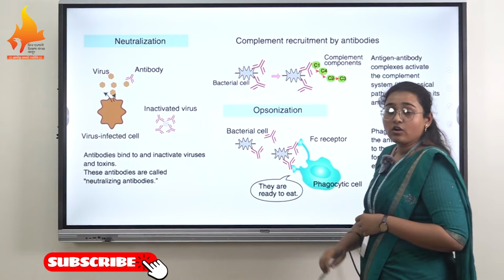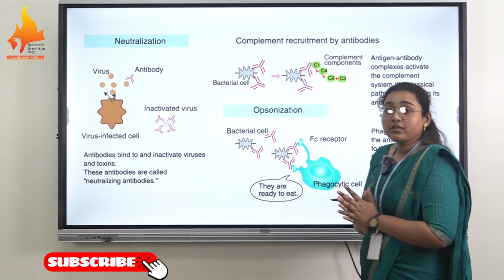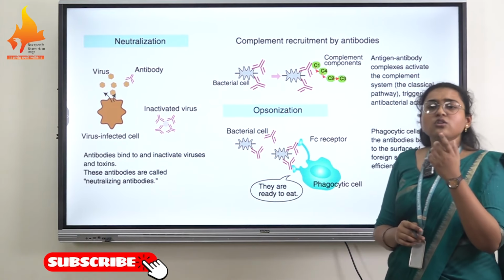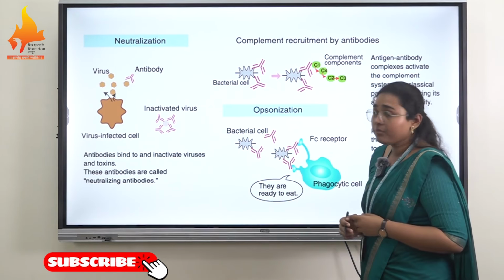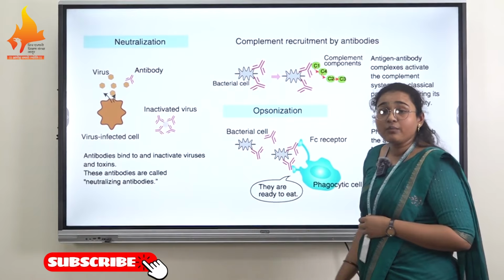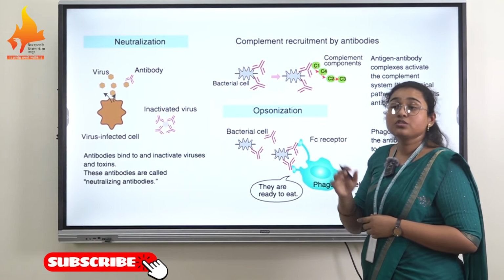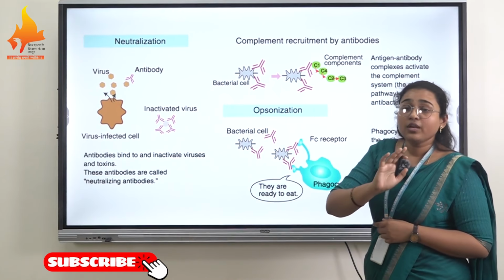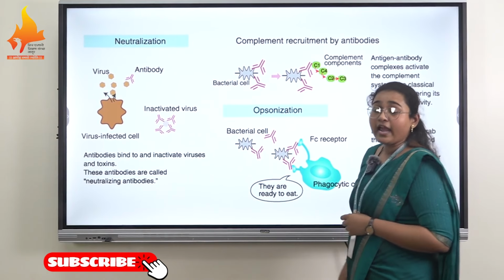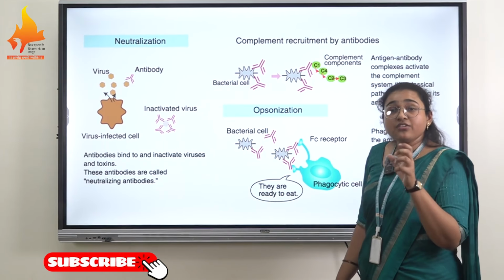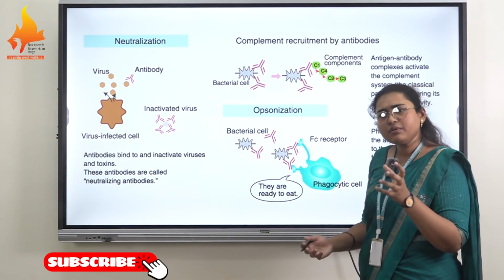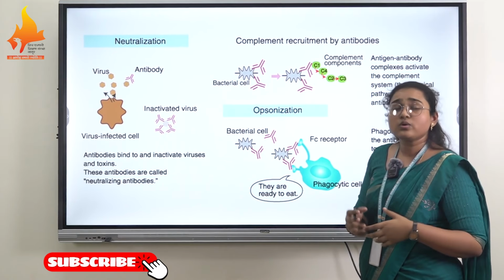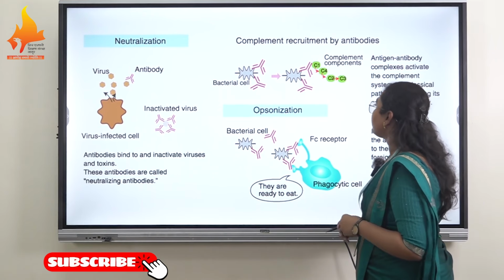Upon attachment of the complement protein, suppose we take an example, C1 complement protein has attached on the Fc region of your antibody. Then this C1 complement recruits multiple types of complement proteins onto the antigen, which forms a pore onto the specific pathogen. It can be bacteria, virus, protozoa; there are multiple types of pathogen.